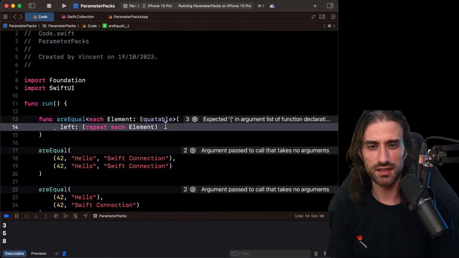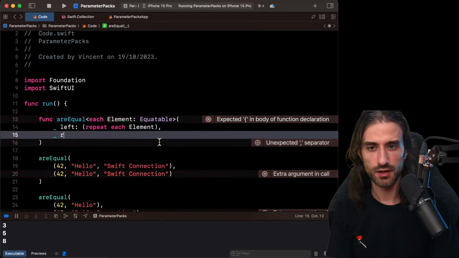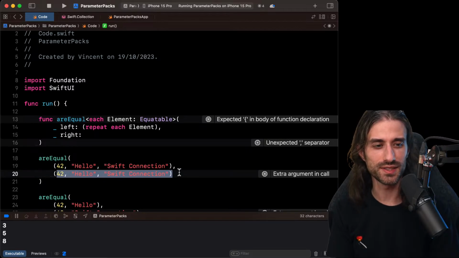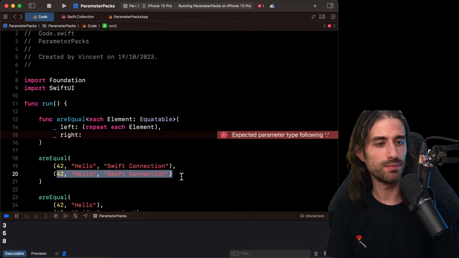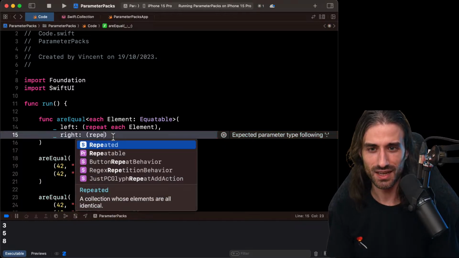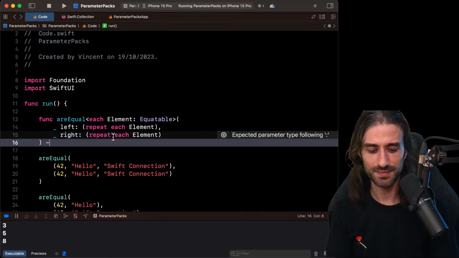So I'm expanding the type parameter pack. I will do the same thing for the tuple on the right. So this is the left, this is the right. Of course, when you display the code like this, it's top and bottom, but it's still left and right when you think about how you call a function, one argument after another. So here, same thing, repeat each element like that.